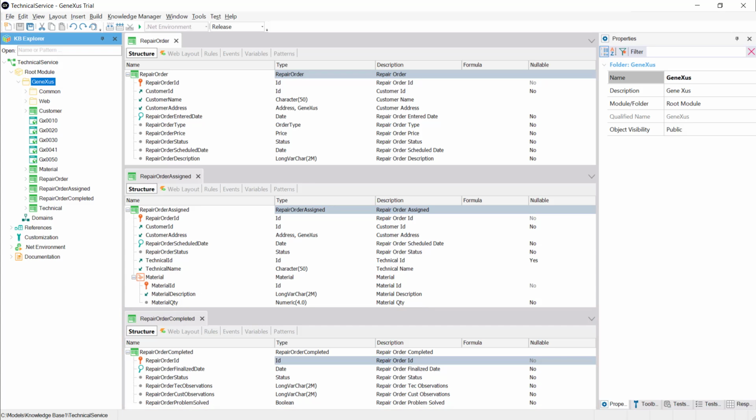Each one of these transactions will have the attributes that we are really interested in for each case. For this, all three transactions must have the same attribute as the primary key. This is what makes them parallel transactions. It's important to mention that the parallelization of transactions is done by level. In this example, the main levels of these transactions are parallel.